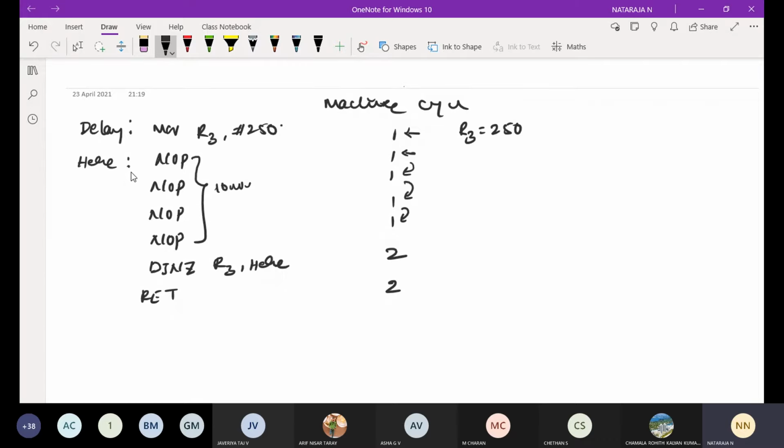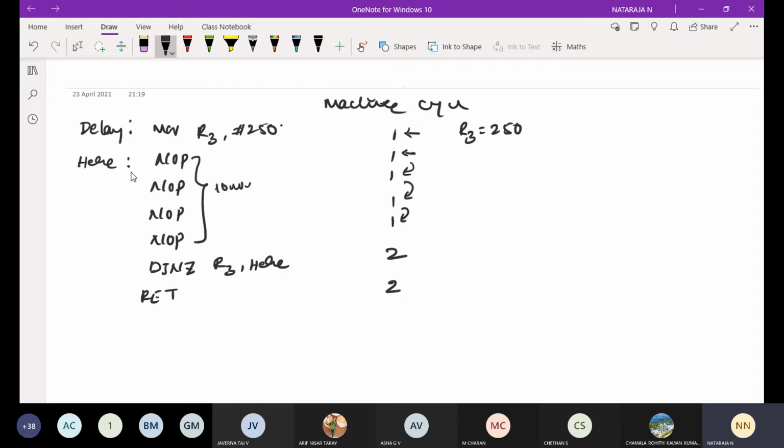First, I execute one instruction. After that, I give you no operation. What is no operation? It will not operate anything; simply the clock time will be moving. If you want n number of NOPs, we can consider from 0 to n numbers. Like that, I have taken the no operation. Here I have taken 4 steps, so I consider it as 4 machine cycles.